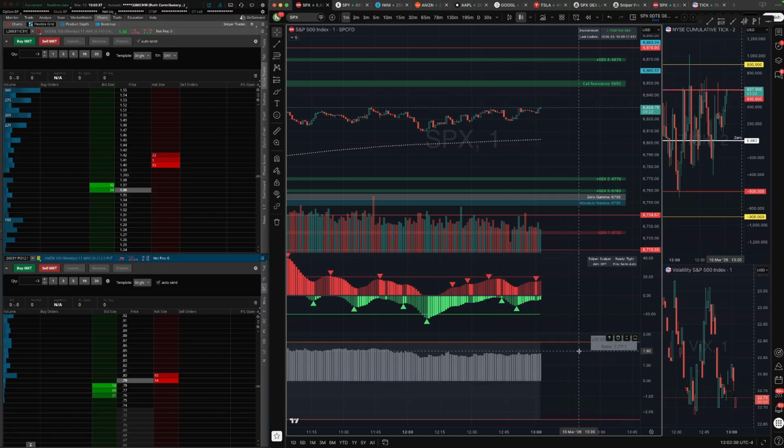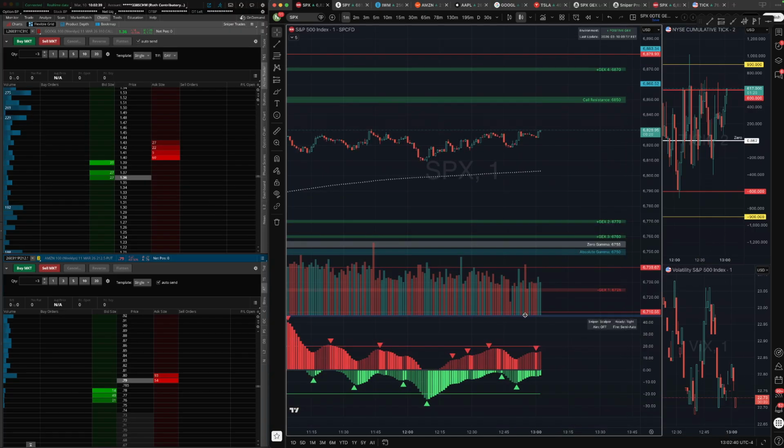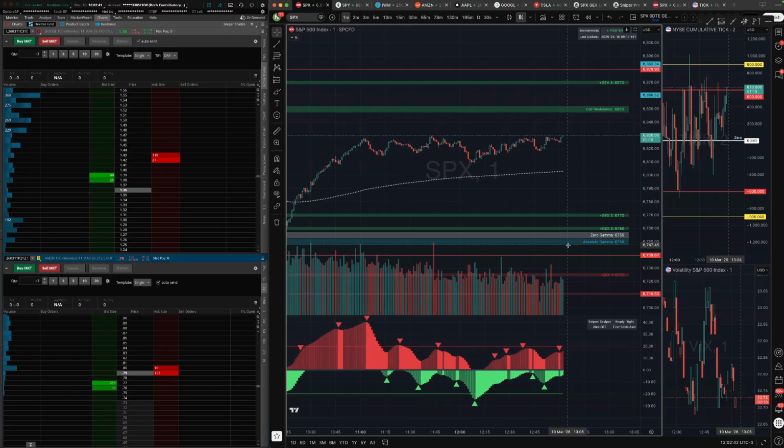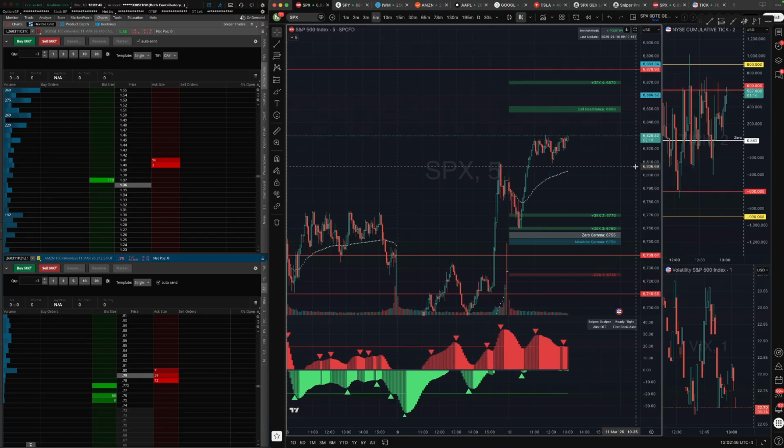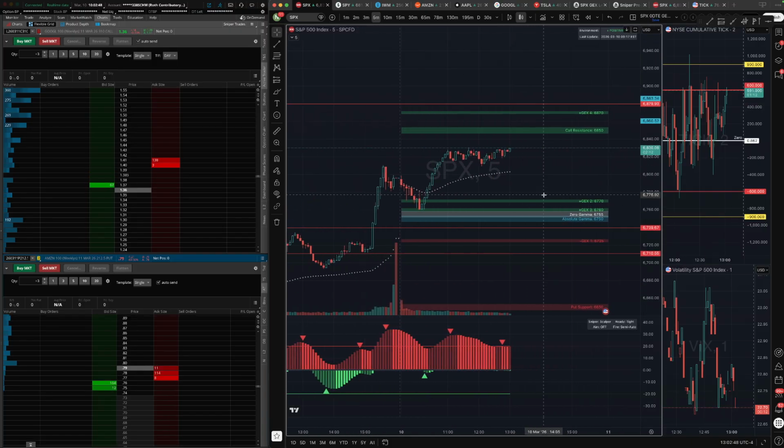Because you really only need to glance at the Vold and then hide it again. So that gives me the ability to see a little bit more detail in the SPX